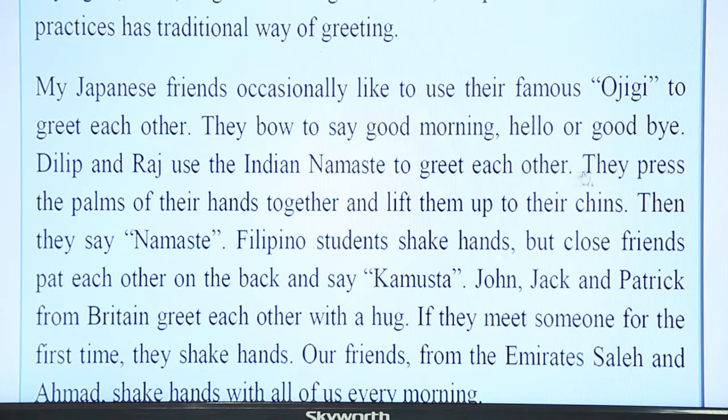They press the palms of their hands together and lift them up to their